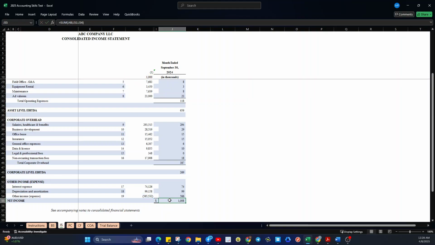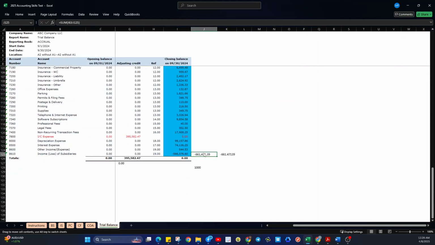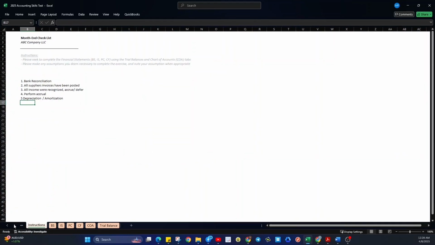Alright, but 269 less 74 less 99 plus the income 661. So this is the income. The income is 661. Did we get it right? So that's correct.